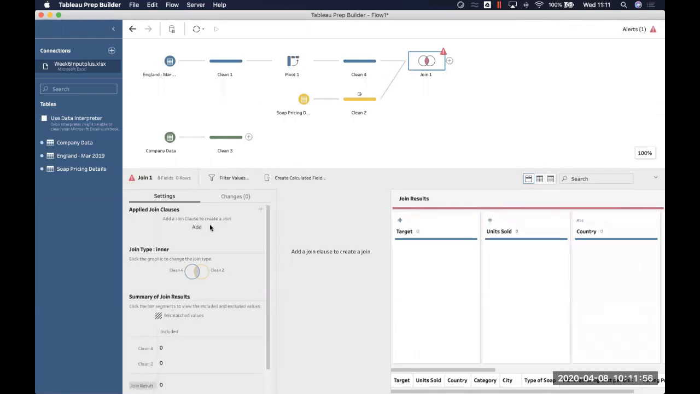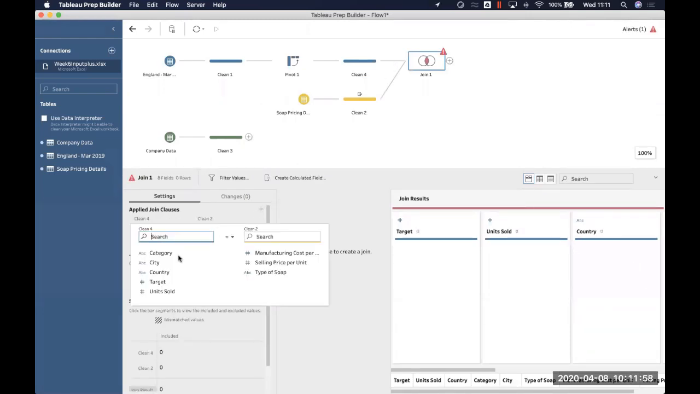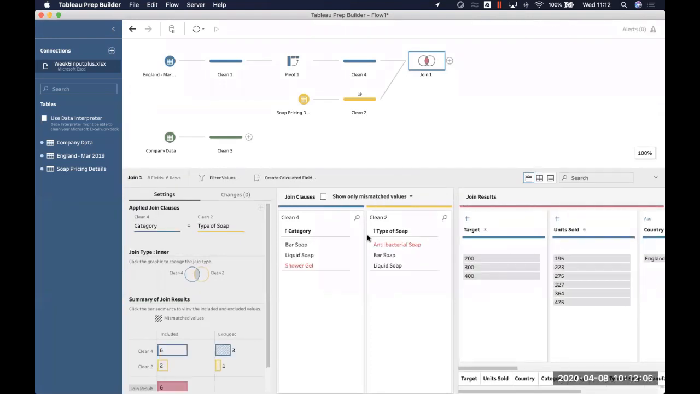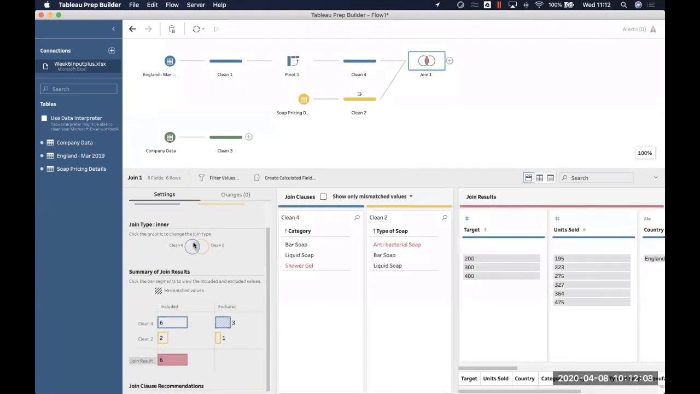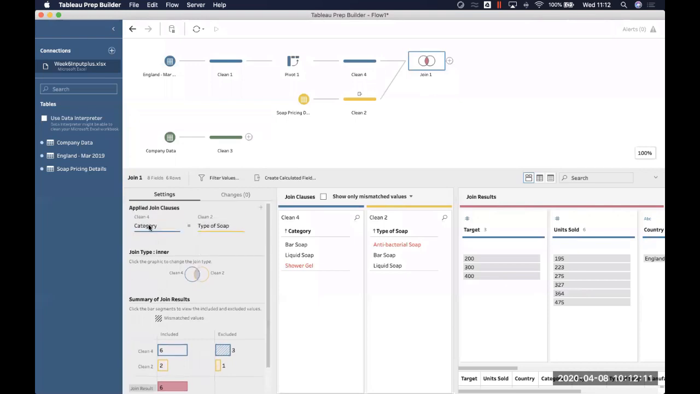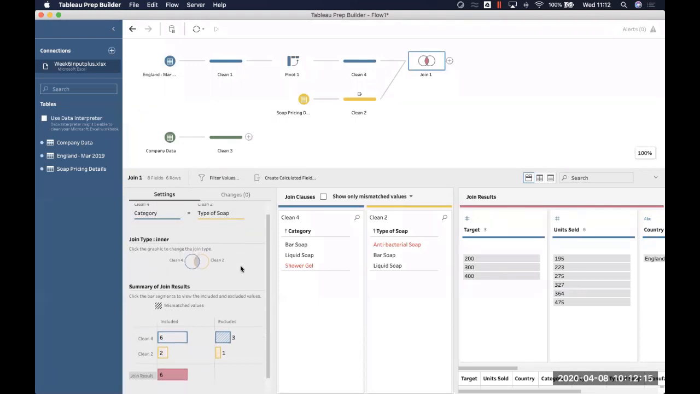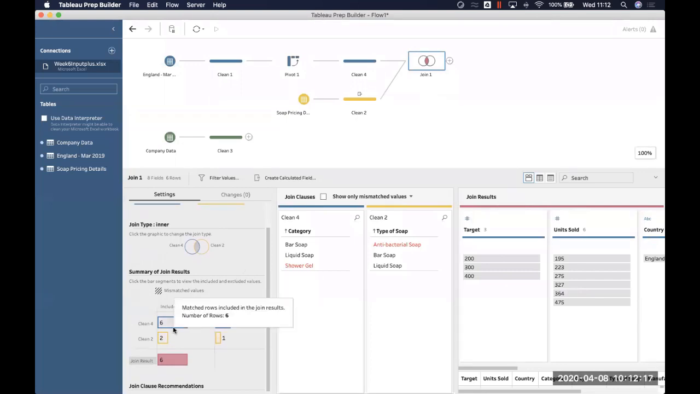And we need to say how we're going to join those. So we add a join clause or a join condition, as they're also known, saying that where the category is the same as the type of soap, let's pull those together. I'm currently using an inner join, so only where that condition matches for each of our rows is it going to bring me back my data set. So I've got 6 rows of data coming in from my input of my England data,